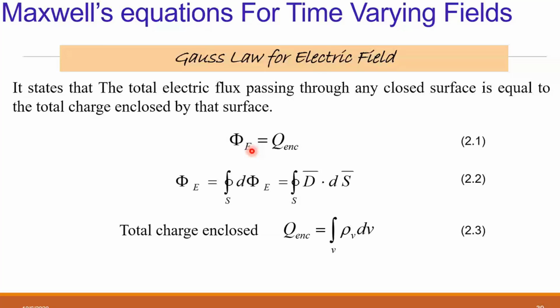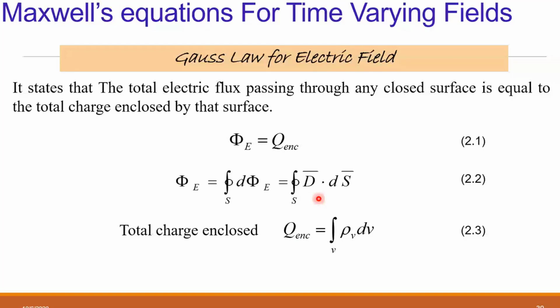So psi is equal to, we have seen, the surface integration of total psi. If you want to find the total flux crossing that surface, then it is equal to the closed surface integration of d phi e. D phi e is nothing but psi, and it is equal to the closed surface integration of d bar dot ds bar. We have seen this in the first chapter on the electric field. So the total charge enclosed, Q enclosed, is equal to the closed integration of d bar dot ds bar, and that is also equal to the volume integration of the charge enclosed in the volume.